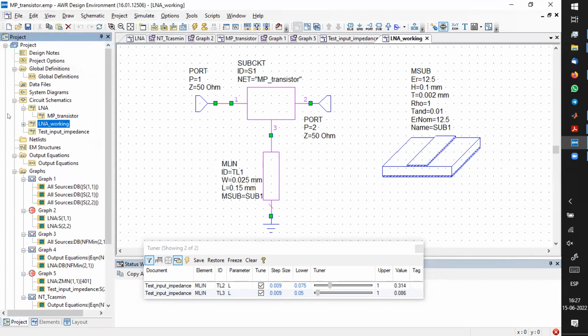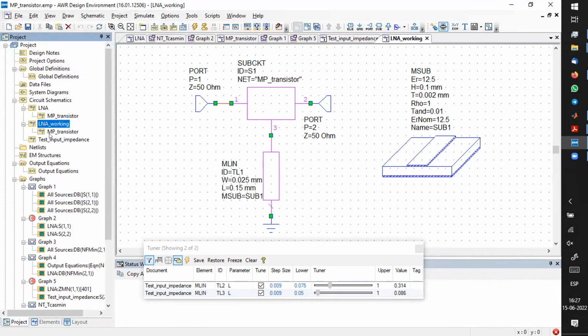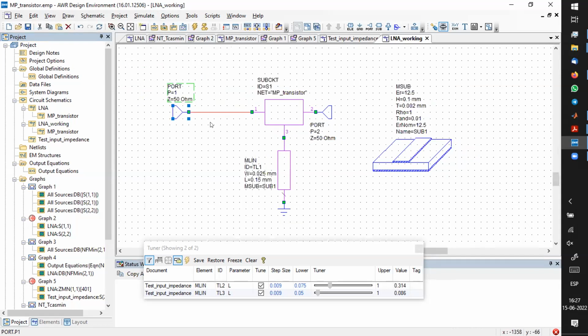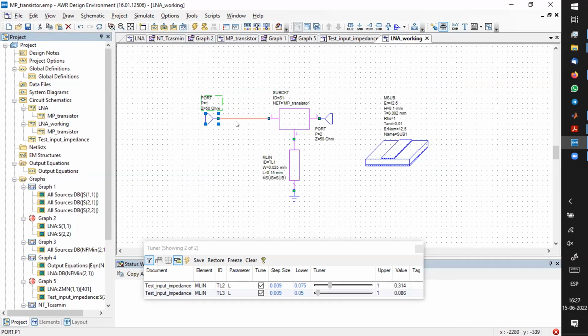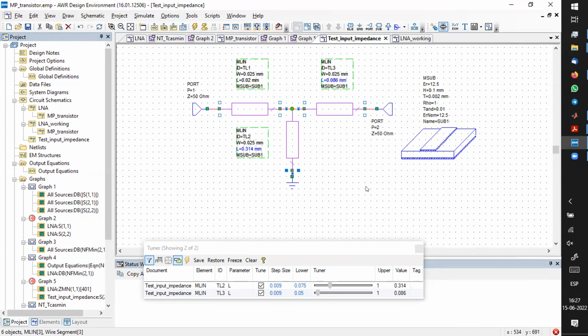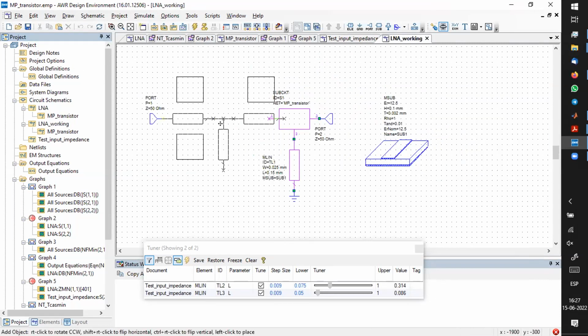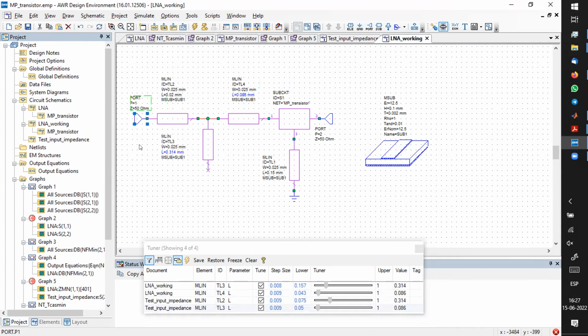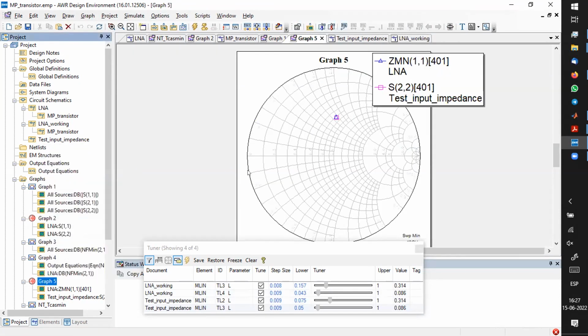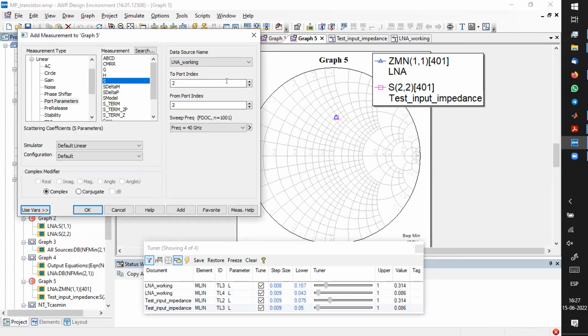This is the one that we are working with. But in this case, we should not plot the optimal value, but we should